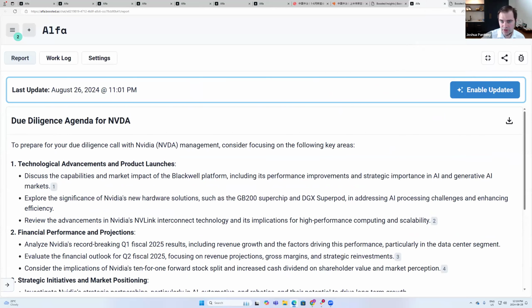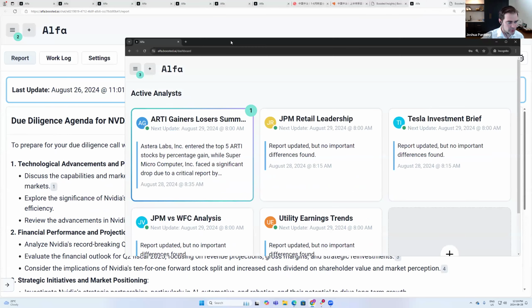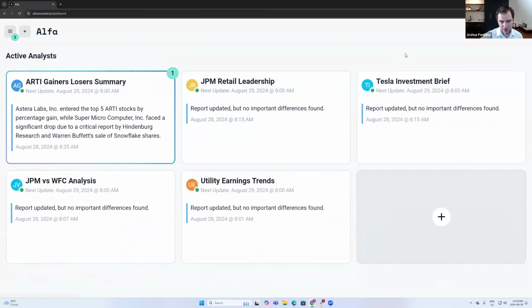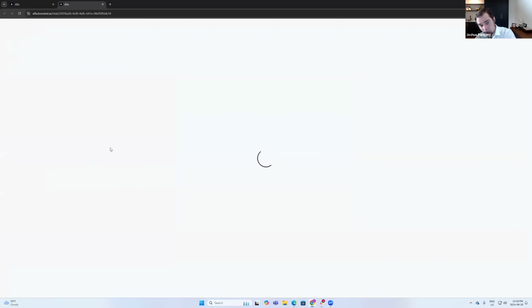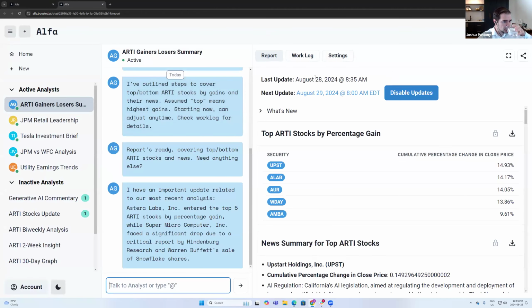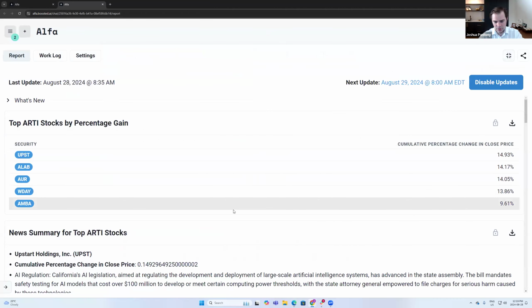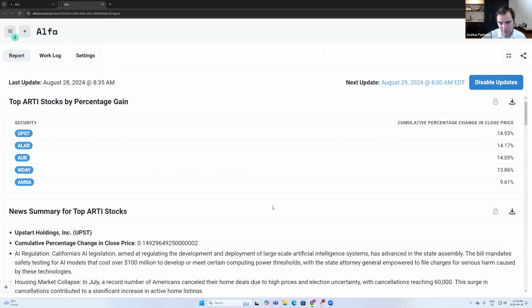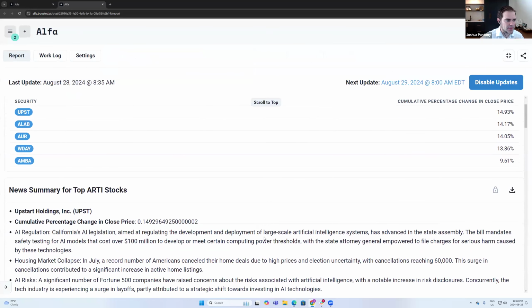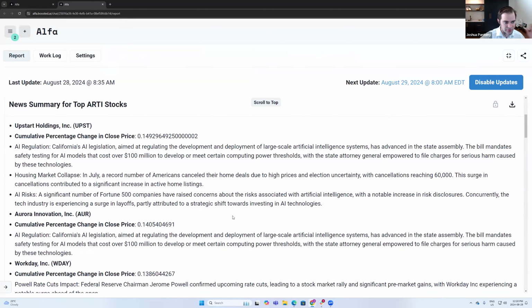Jumping in a completely different direction, thinking a little bit more about some folks on the call that might be from a wealth management standpoint, you can also use it to automate things like communication. So I built my automation here that is basically going through one of my portfolios. It's finding the biggest winners over the past week, finding the biggest losers over the past week, and then it's suggesting different sets of stories and information to talk about.